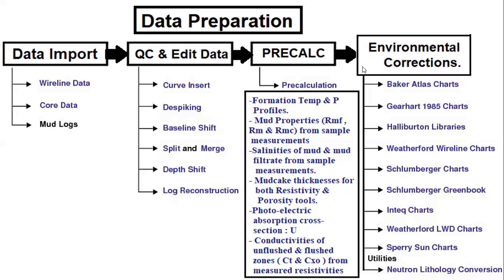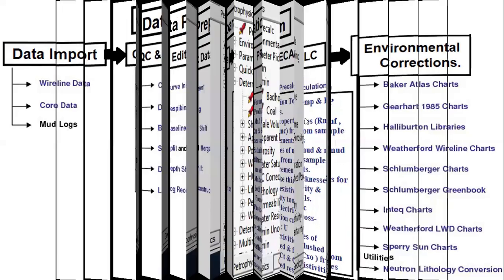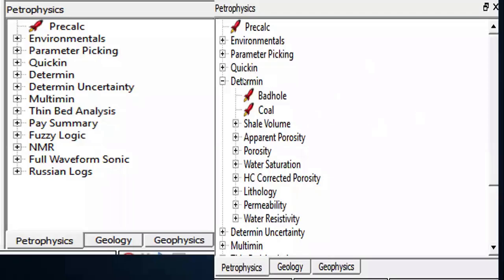And then the fourth step is the environmental corrections based on the types of tools and the versions of these tools. So here is the Petrophysics package as it is shown here. We start by pre-calc and then the environmental corrections and